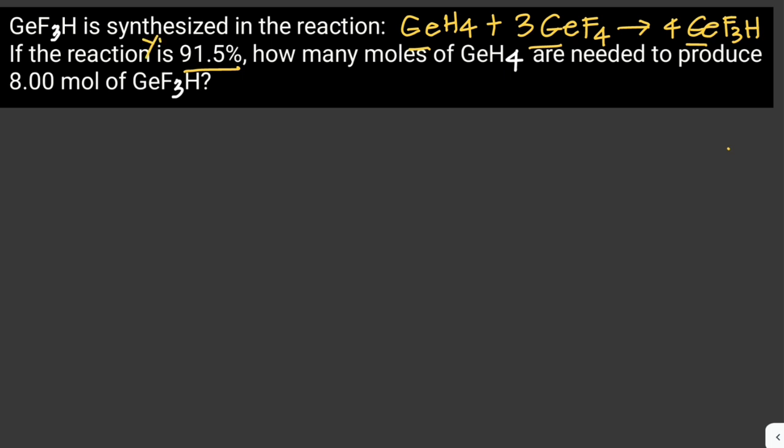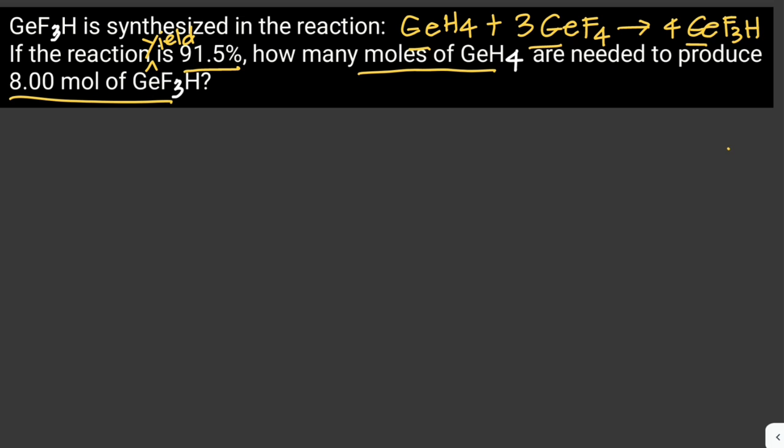Should be reaction yield. All right, and then we just have to calculate the theoretical number of moles of germane. So we're given here the number of moles of germanium fluoride, and that is the